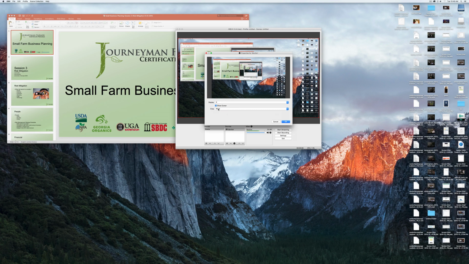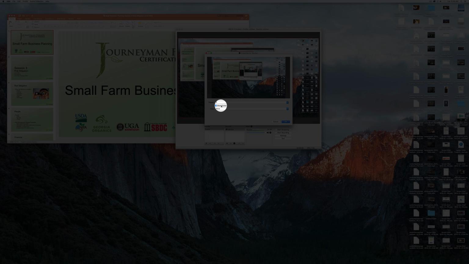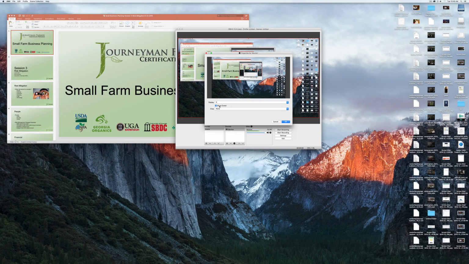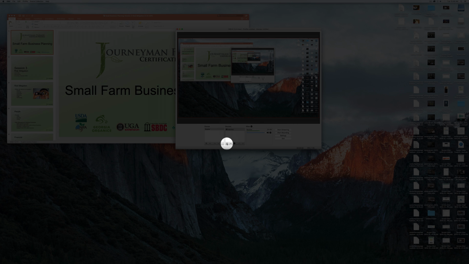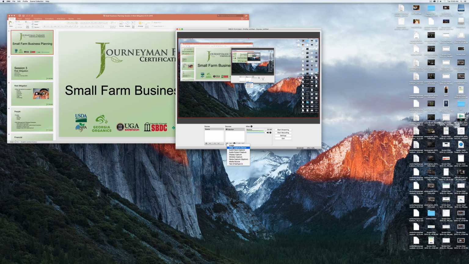We're just going to leave it set to none, and we're going to make sure that this Show Cursor box is checked, just in case we want to move the cursor around and highlight something. So now we can click on OK, and then we're going to add in our webcam. So we're going to come back under the Sources menu, click on the plus again, and then come down to Video Capture Device. And I'm going to rename this webcam,